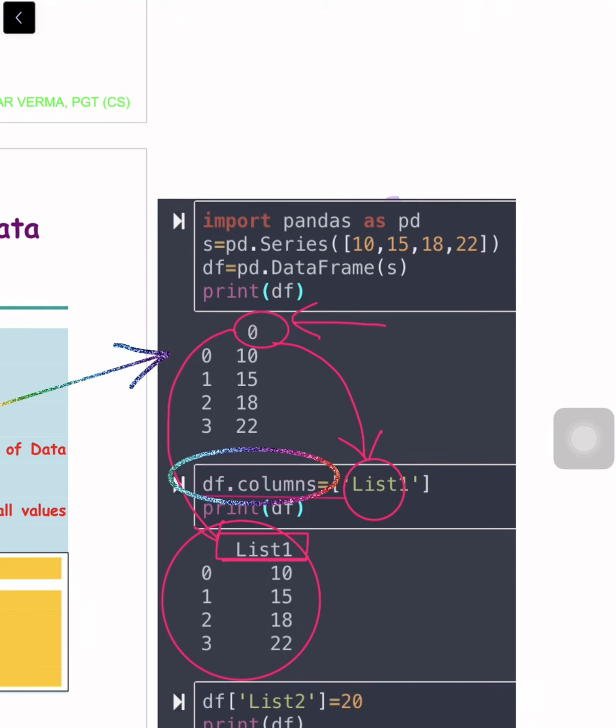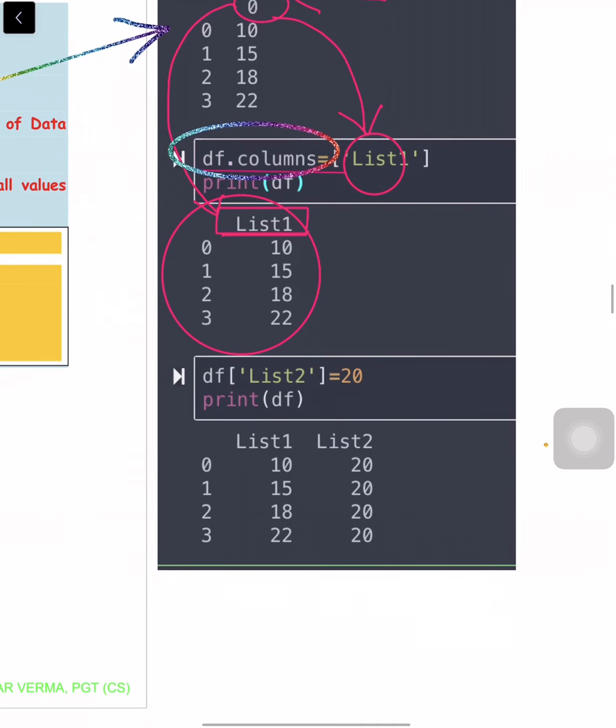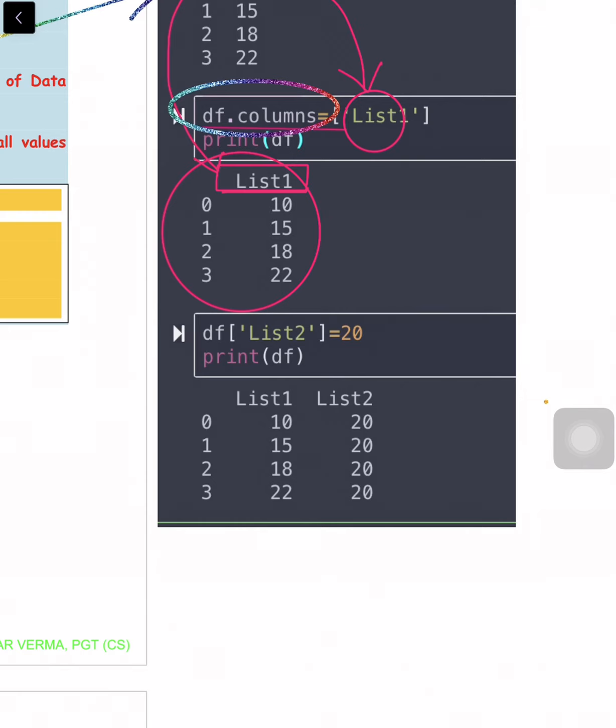Now go to the next line. Here we are adding a new column to the existing data frame. For the new column we have given df, then the column name list2 equals 20. We have given only one value, 20. The earlier data frame had these values.